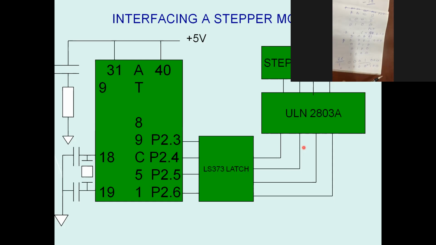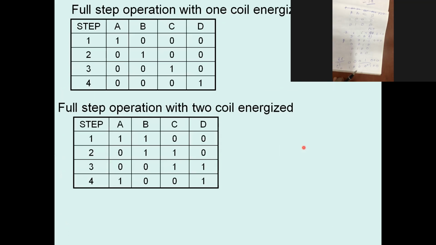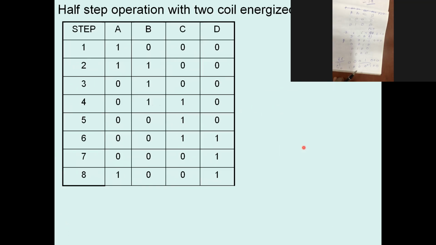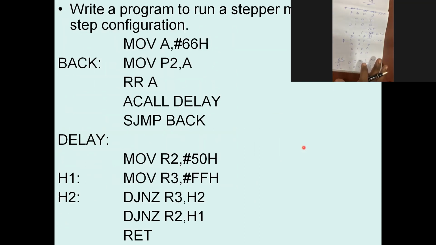So first, rotate, and between these two there should be a delay, because the motor is much slower with respect to the microcontroller, which works in microseconds. So the motor may be burned. That's why I have given a delay. And it can control the motor speed also. If I give a higher delay, motor speed is less. If I give a lesser delay, then motor speed will be high.